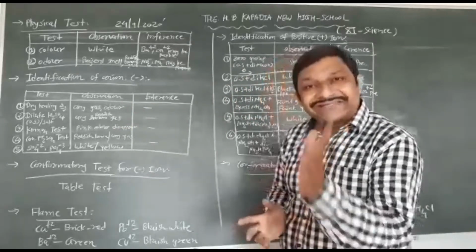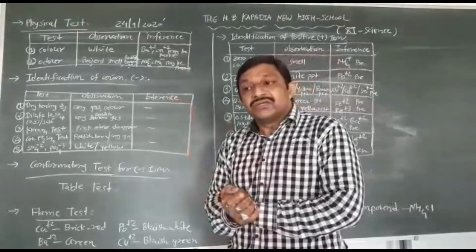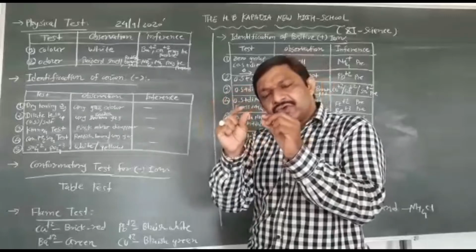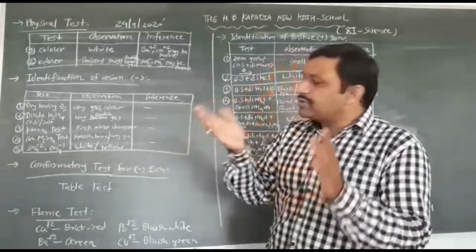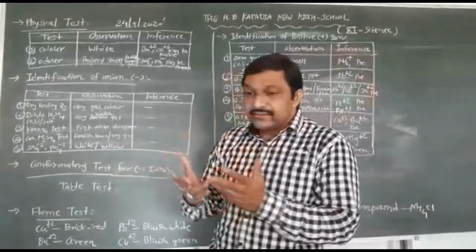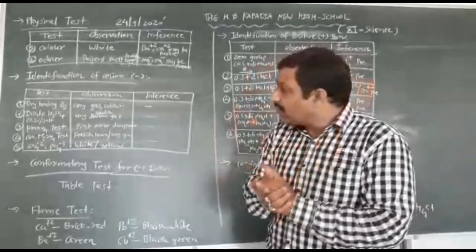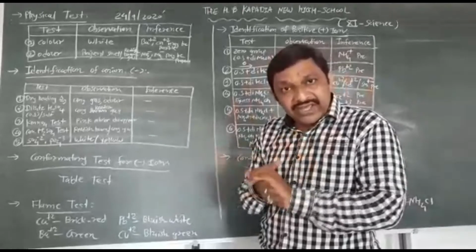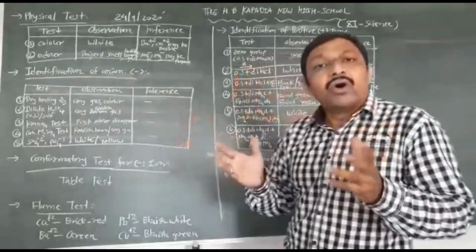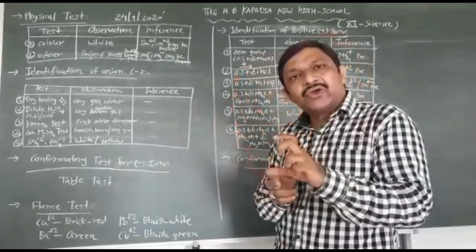Now the second, the dilute sulfuric acid test. You have to take some salt or your original solution in your test tube, and add dilute sulfuric acid. Then observe what happens there. Is any reddish brown gas there? You have to observe whether any reddish brown or any kind of gas or odor is there, so you have to find out and catch it.